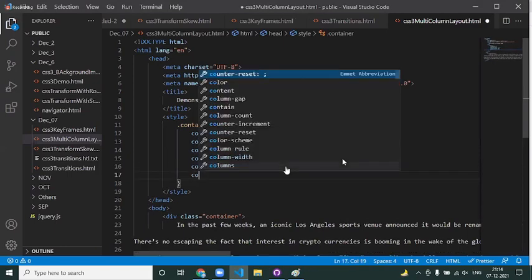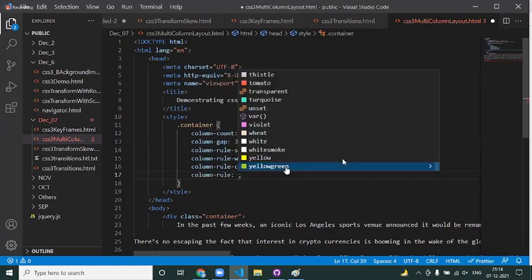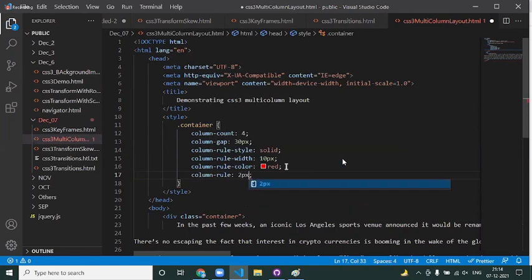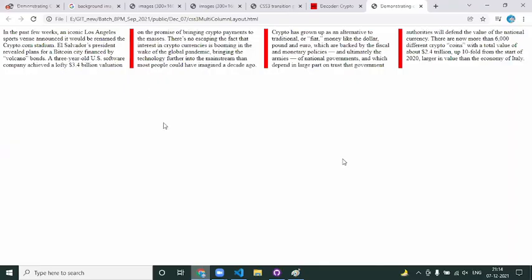The shortcut format is you can simply specify column-rule, and under that specify 2 pixel, solid, green. Instead of defining these multiple properties, you can go with that. If you reload the page, this is how it is.